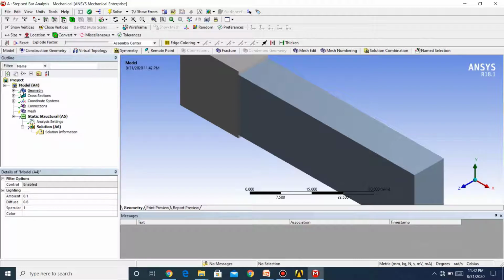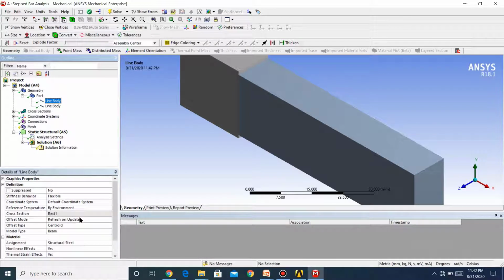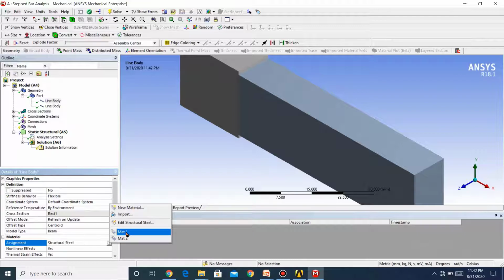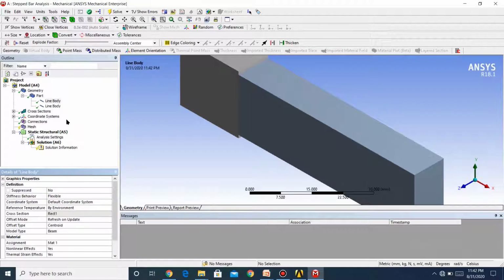So go to geometry, open it, then again open the part, select the first body, then go to material assignment, click here, select the first material, then again go to the second body, then select the material assignment again, select the second material. Now we have assigned both the materials at both the steps one by one.